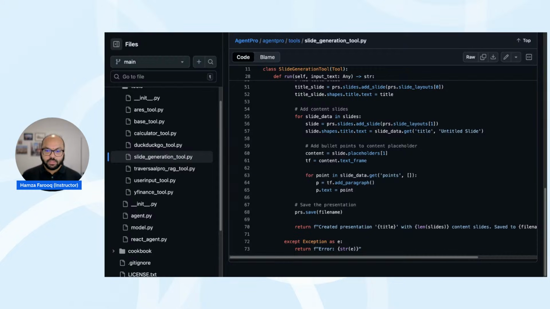Now, is this the only ReAct agent that exists? No. There are many frameworks that exist out there. You have LangChain, you have LangGraph, you have LangFlow, I think LangSmith, I don't know, too many Langs. LlamaIndex, you have them.